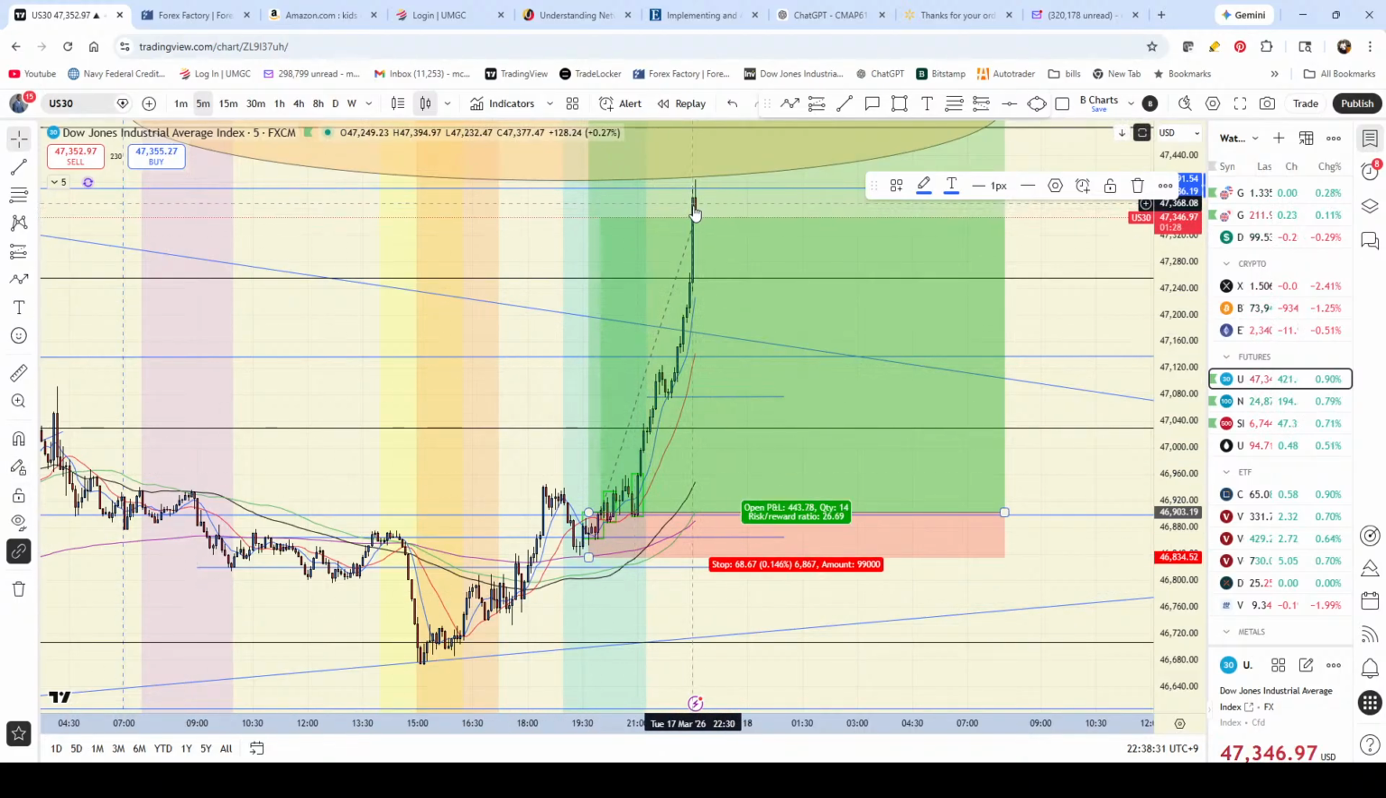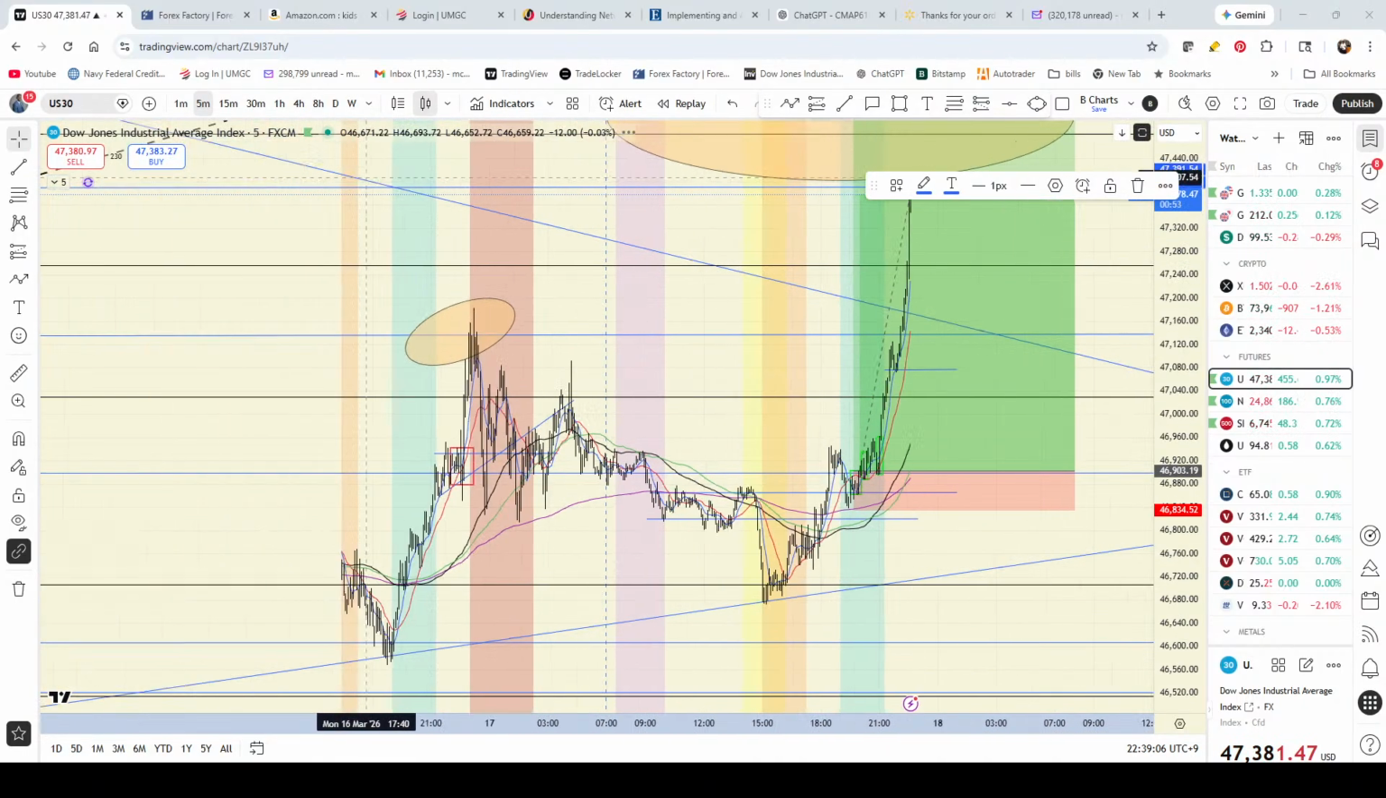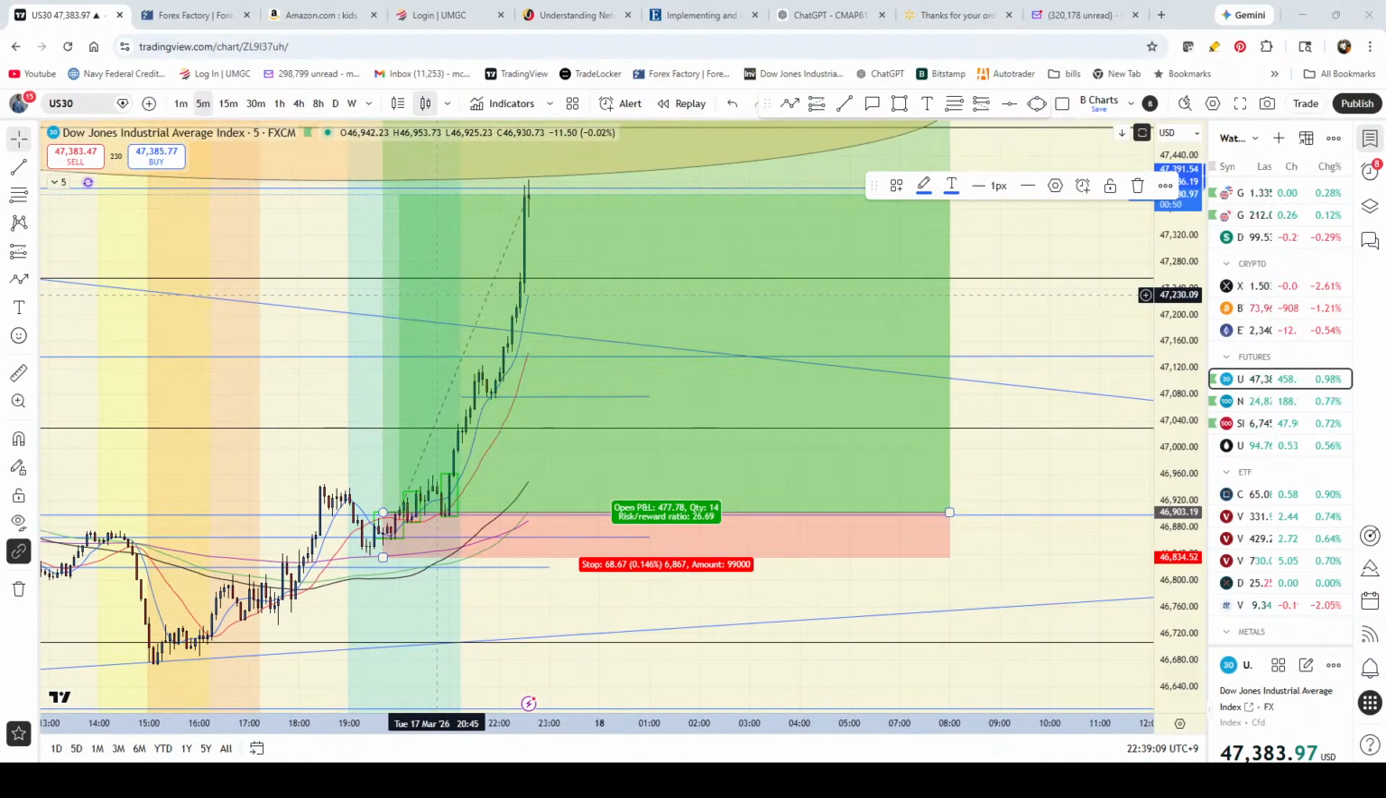Now, if this closes bear, I'm fucking out. If this closes bear, I'm fucking out. I don't even think I would allow it. Like, this is what it is. You gotta hold the line. Hold the line, hold the line. It's respecting. We have to acknowledge that it's respecting